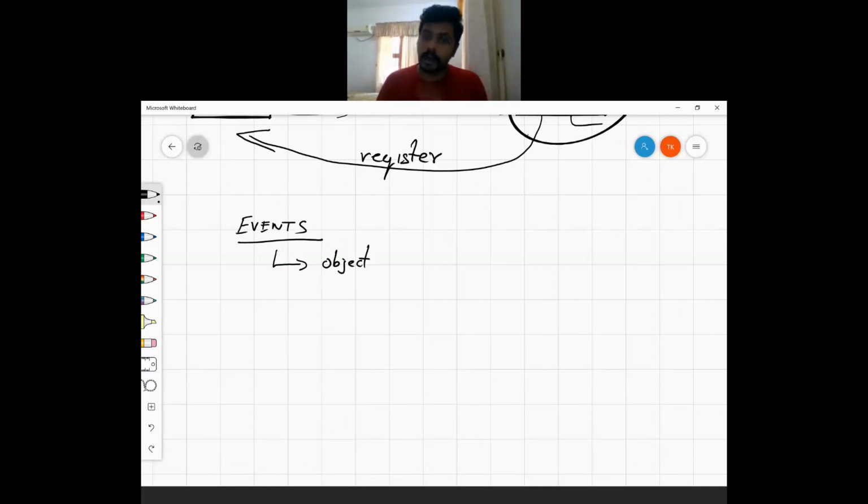Okay, events are objects that are automatically created, or if you want, you can manually create them, when you interact with your GUI. Mostly, it is created when you interact with your GUI. Like clicking a button, typing into a text box, minimizing the window, scrolling your window, all these are different events that can happen. Okay, so that is an event. Clear? Next,